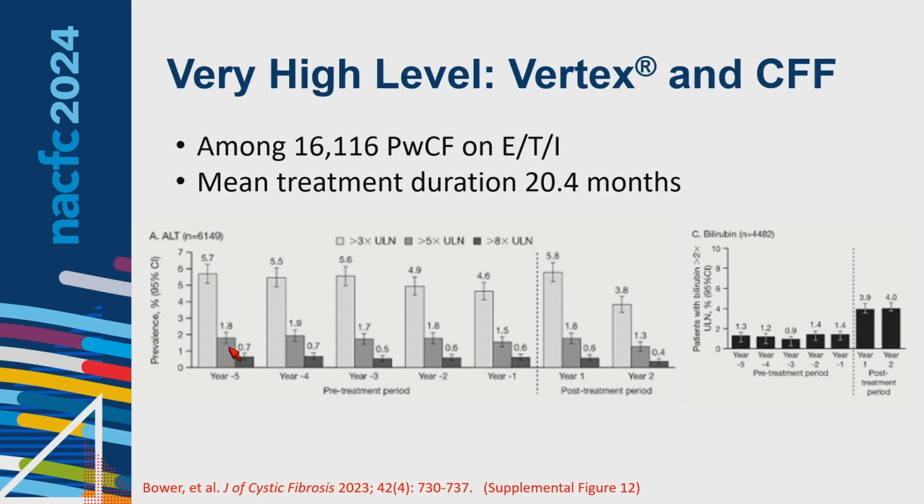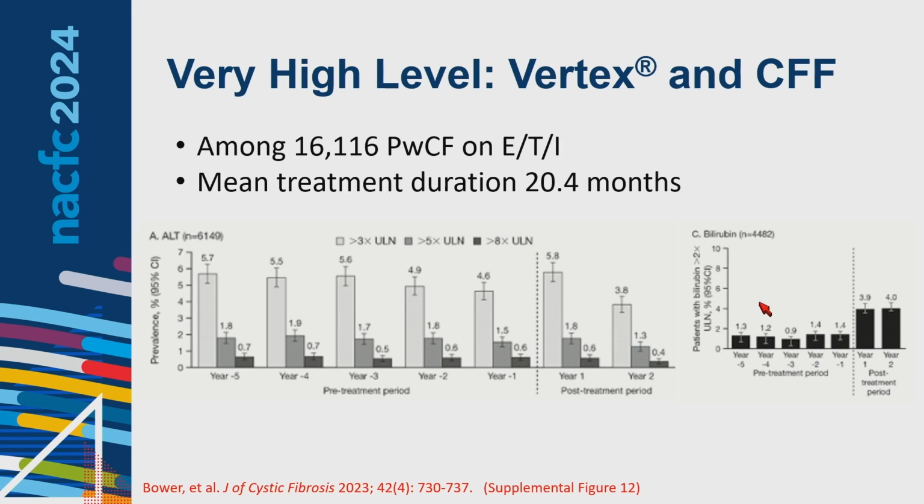The in between here is 5 times upper level of normal and 8 times the upper level of normal. Again, going back to the package insert, 8 times the upper level of normal, it says to stop the drug and not reintroduce it. So that's why it's showing this, okay? And as you can see, this line here, I assume that's showing, right? Yeah. This is when we started medications. And what you really don't see is anything different. The degree of transaminase elevation really doesn't change when you look at the population level.